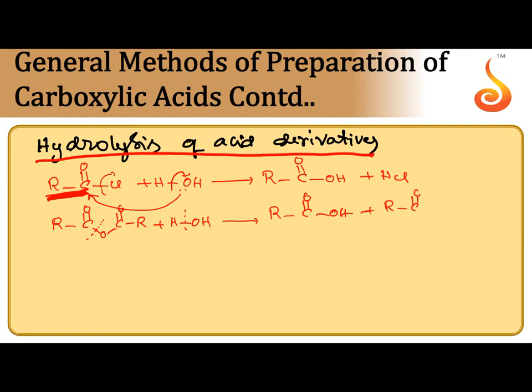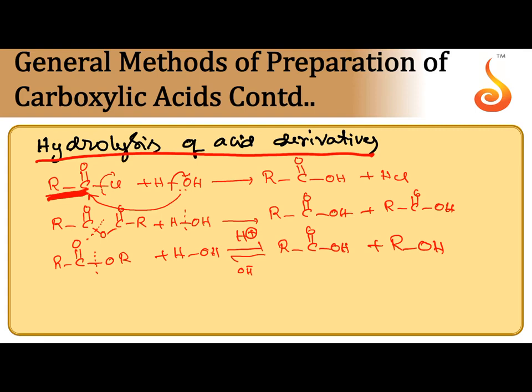and then other one RCOOH. Next one, RCOOR. This also undergoes hydrolysis, but this is reversible reaction. Moreover, acid or base must be used as catalyst. Any one catalyst is needed, then only ester undergoes hydrolysis to give acid and alcohol, carboxylic acid and alcohol, both are obtained. So this process is called ester hydrolysis.